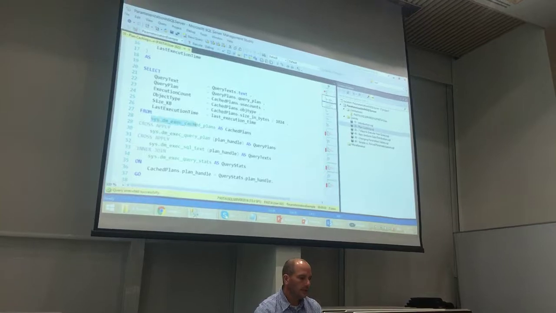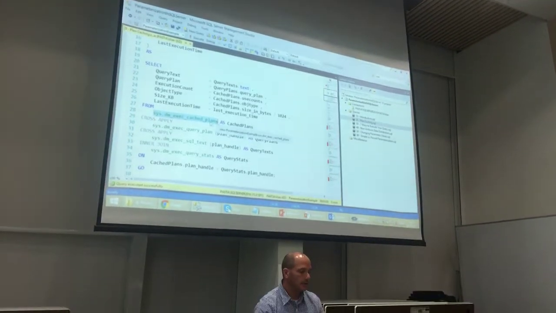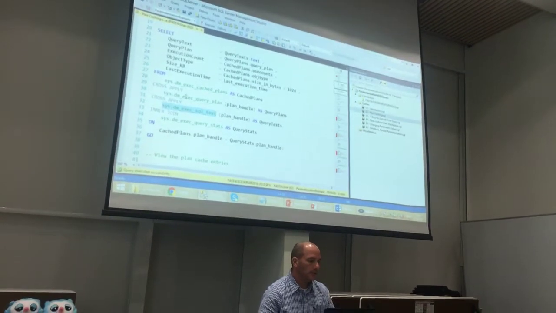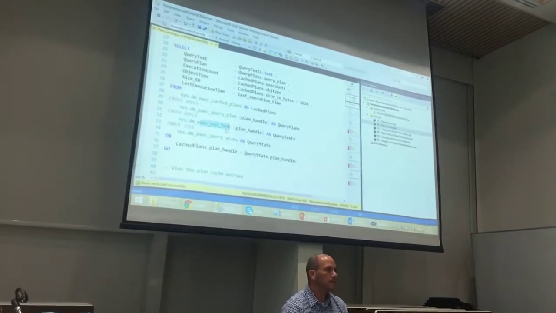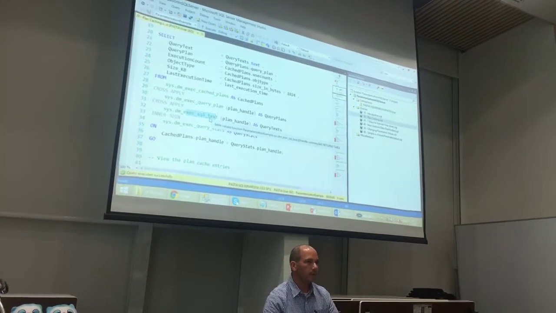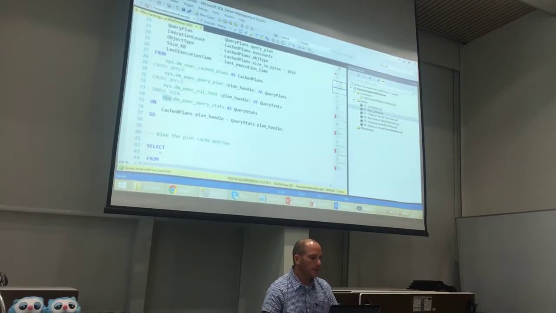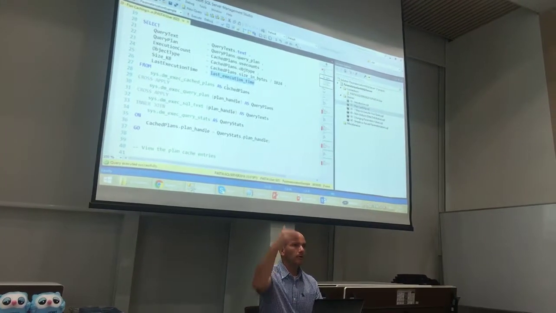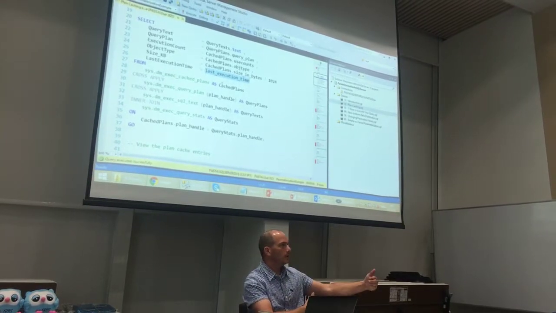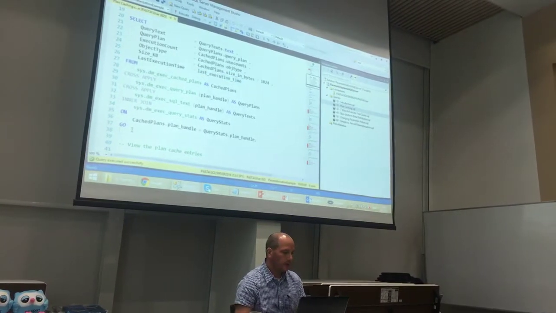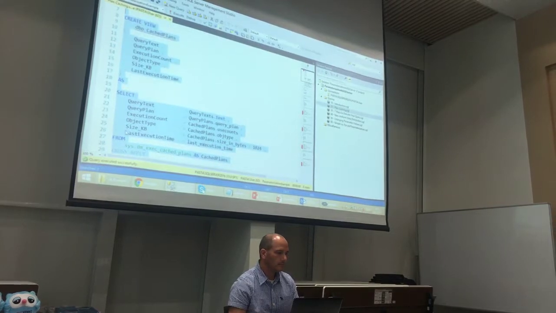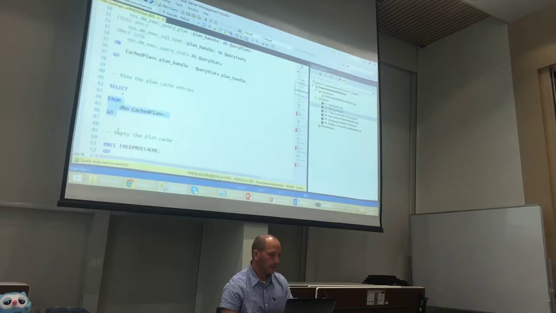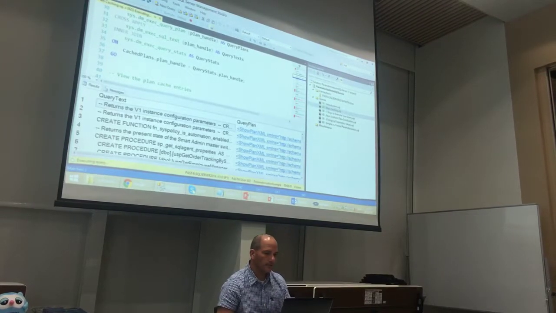So this view will give us all the execution plans currently in cache, and by cross-applying to these two functions, I will get the plan itself and also the text of the plan in cache, the statement, okay, the batch. And I also join to sys.dm_exec_query_stats just to get the last execution time, because I want to order by the last execution time so I see it in the right order. So now I will create this view. And let's see what's in it. Okay, so currently on my laptop,